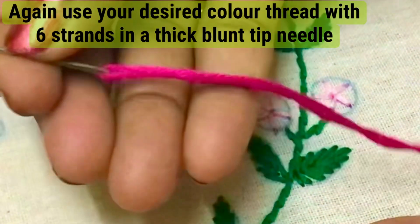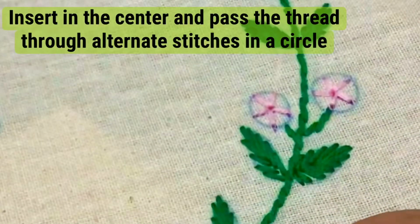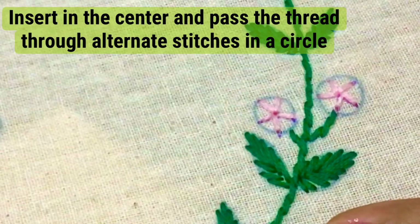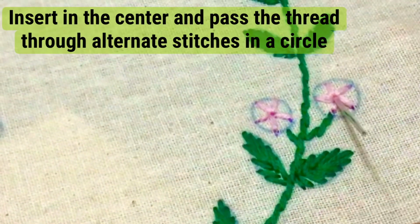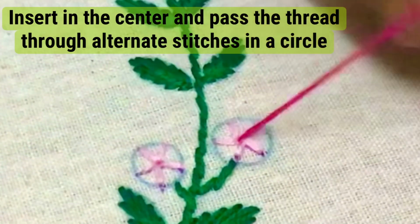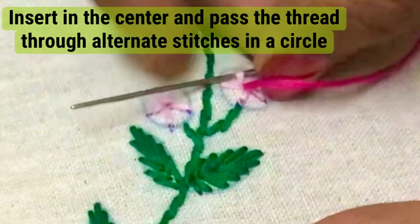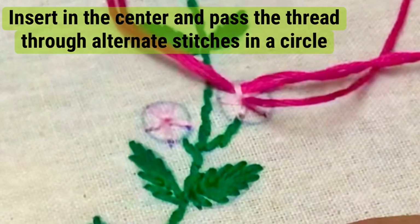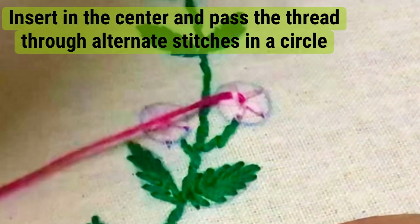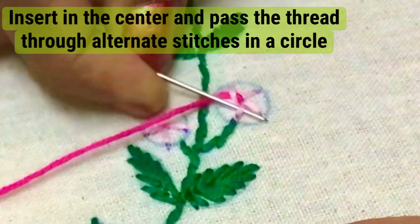Now I am using all the 6 strands of thread in a thick needle with blunt tip. Insert the needle at the center point and take it out. Now pass the needle through one stitch like this. We are not stitching, just passing the thread through one stitch. Again leave one stitch and in the next stitch pass the needle